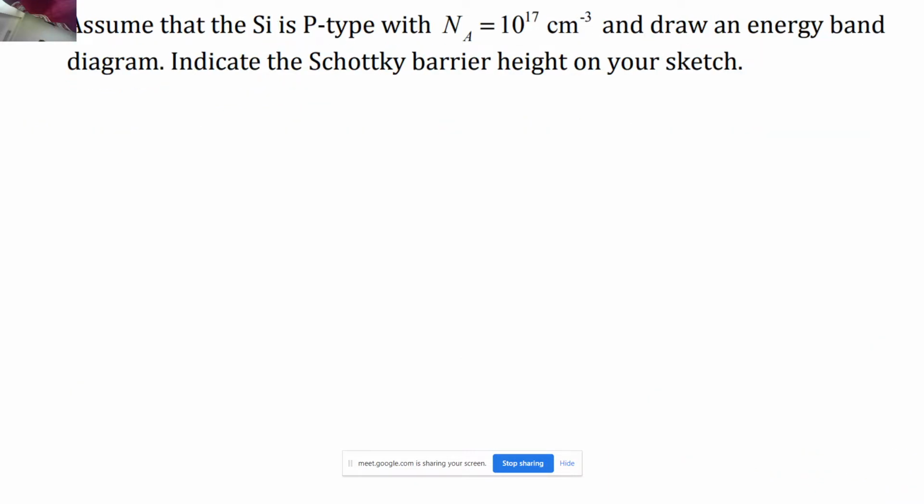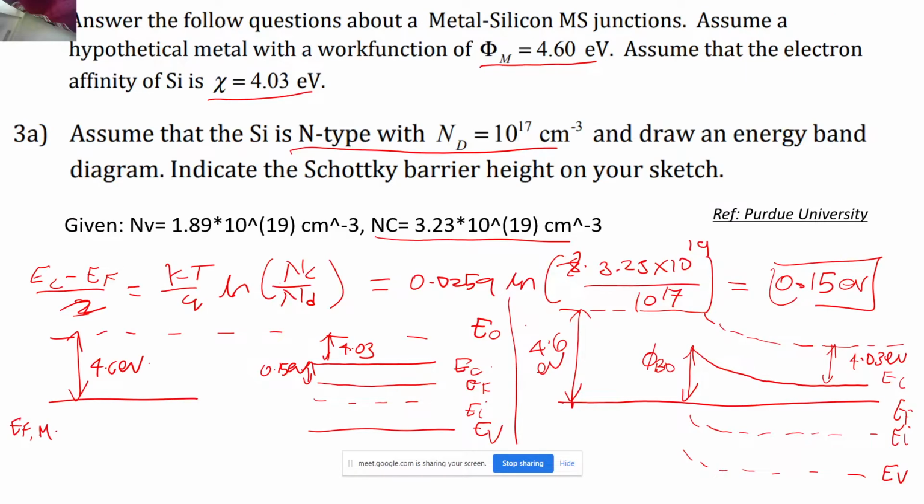Now in the next question, they have changed the semiconductor material type directly, and now they are asking me to draw the diagram in this case. So as I told you in both the previous examples, I want to determine the Fermi level position with respect to EC first, right? Because I want to check in which direction the bands are going to bend, and this will depend on the relative Fermi levels of the metal and the semiconductor, right?